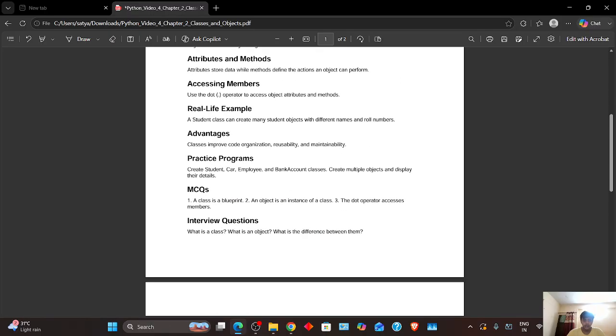Now, next one is attribute and method. Attributes are stored data, while methods define an action an object can perform. So basically, attributes are variables that belong to an object. If you take an example, a student has a name attribute, roll number attribute, age attribute, course attribute. So how do we add attributes